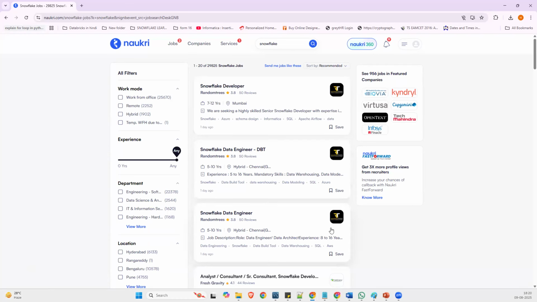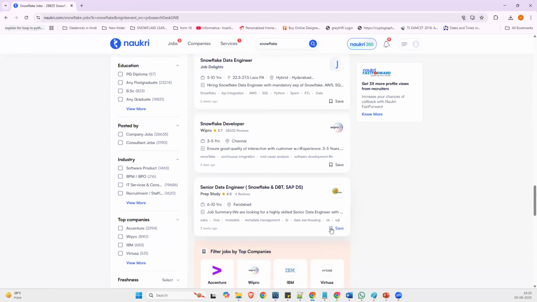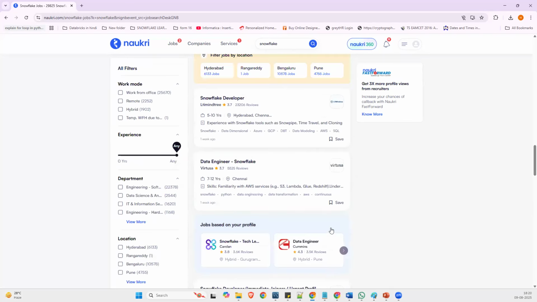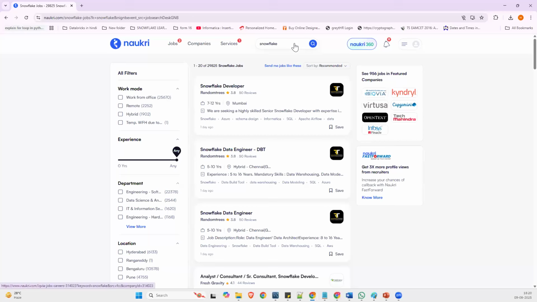See, if you dig deep down, you will see what the benefits of Snowflake are and how much it is in demand. For a fresher coming out of college and just going for a job, you will not get anything. You need to learn some technology. That is why I'm telling you Snowflake is a boom technology. You will get a chance to work on that.